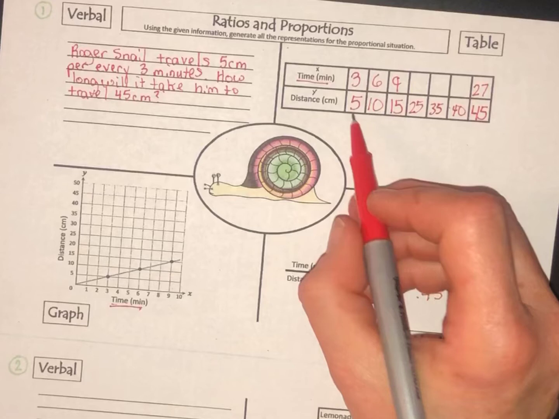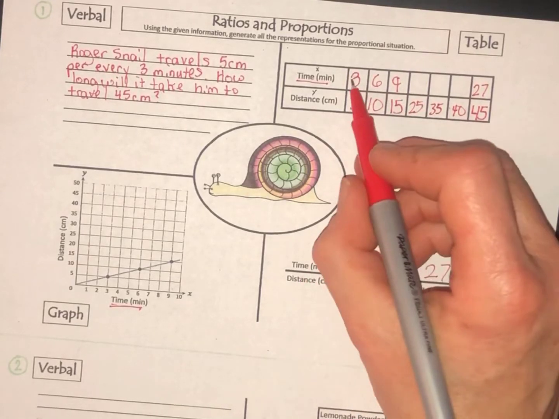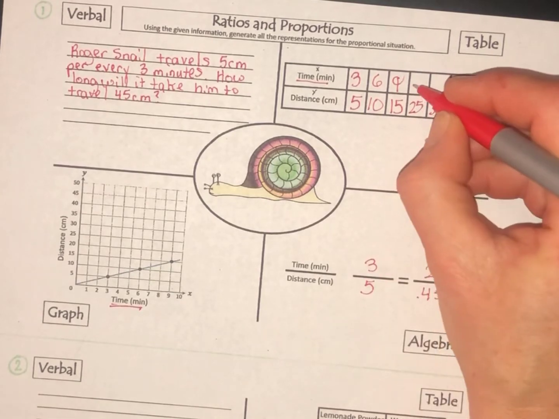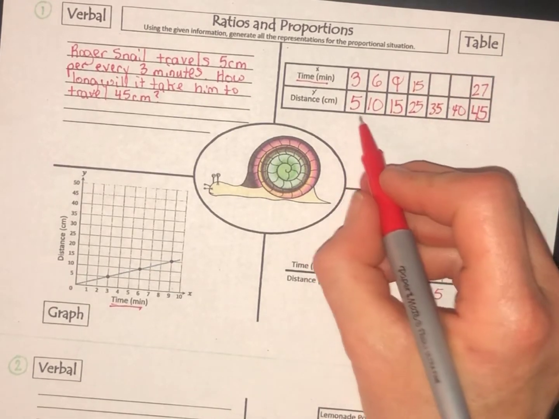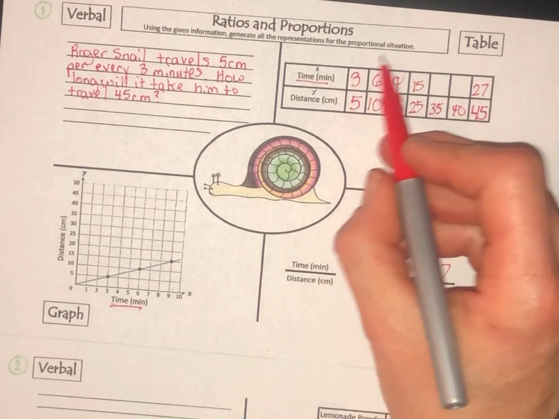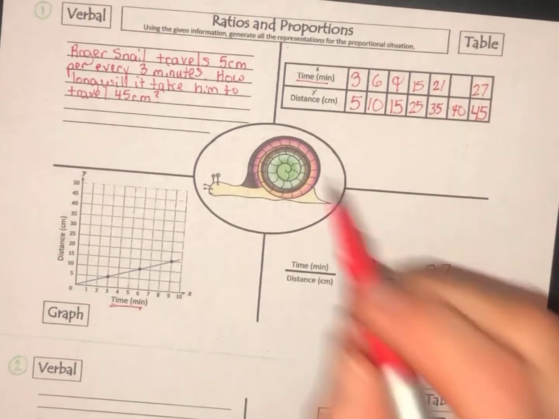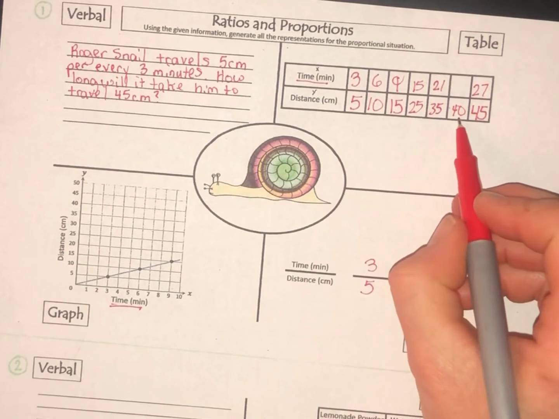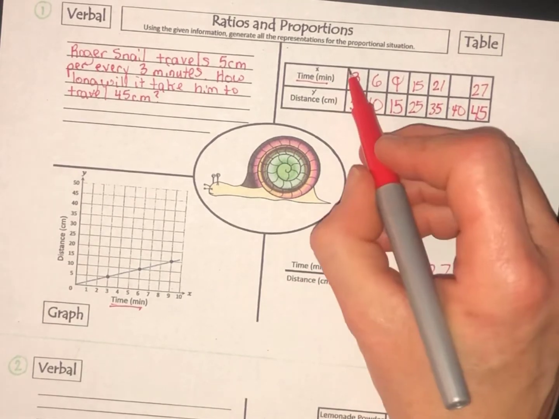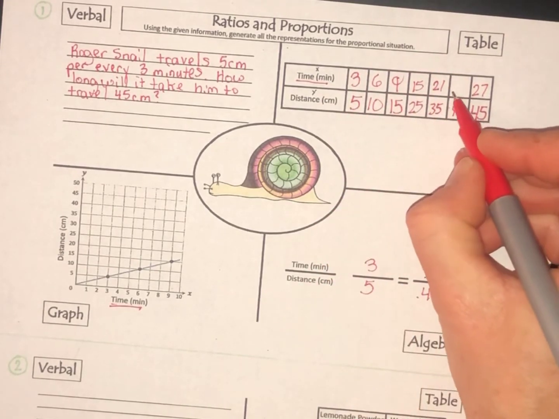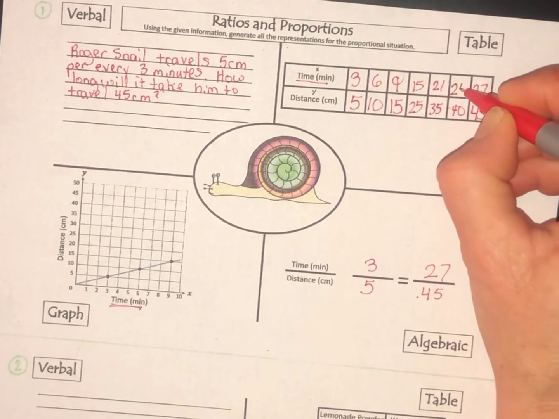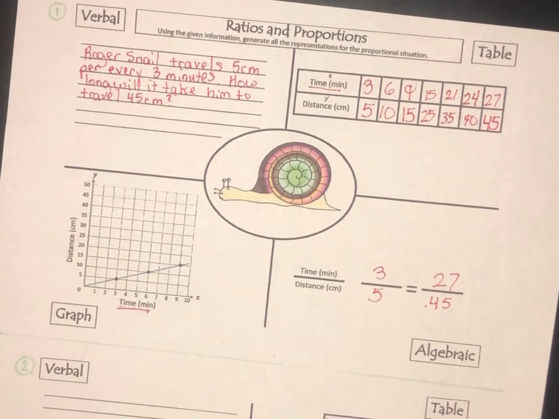Now let's go back and complete the chart. 5 times 5 is 25, 3 times 5 is 15. 5 times 7 is 35, so 3 times 7 would be 21. 40, so 5 times 8 is 40, 3 times 8 would be 24. Got it? Let me get you started on the bottom one, and I'll let you do the rest on your